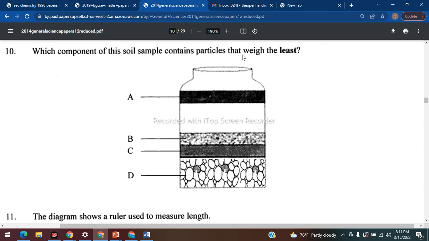A, because it's on top. So the one that weighs the heaviest in the rocks will fall to the bottom. This is actually a soil sample that they allow to sit, and when they allow it to sit, the things that are heaviest go to the bottom, and it basically organizes itself in layers based on its weight, right? And so the one that weighs the least is going to be